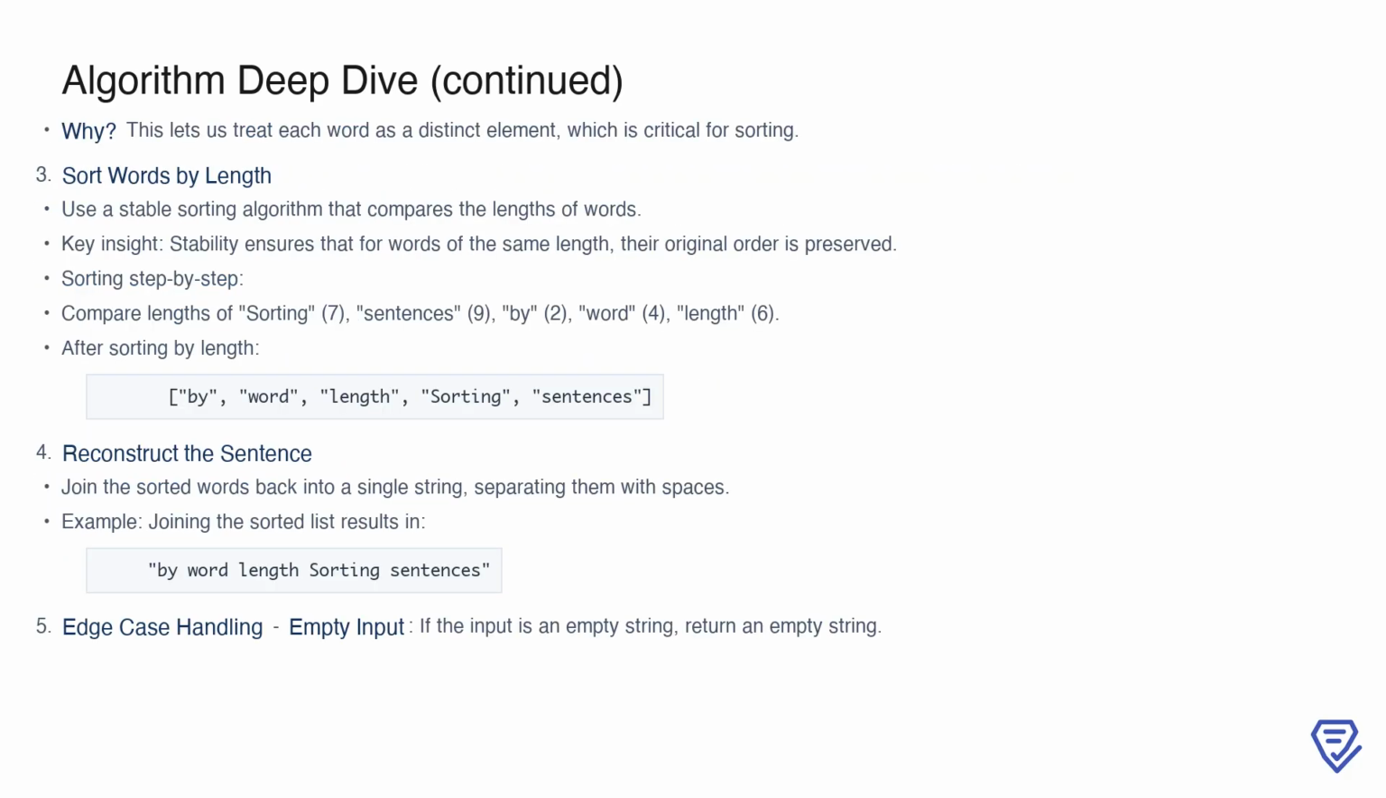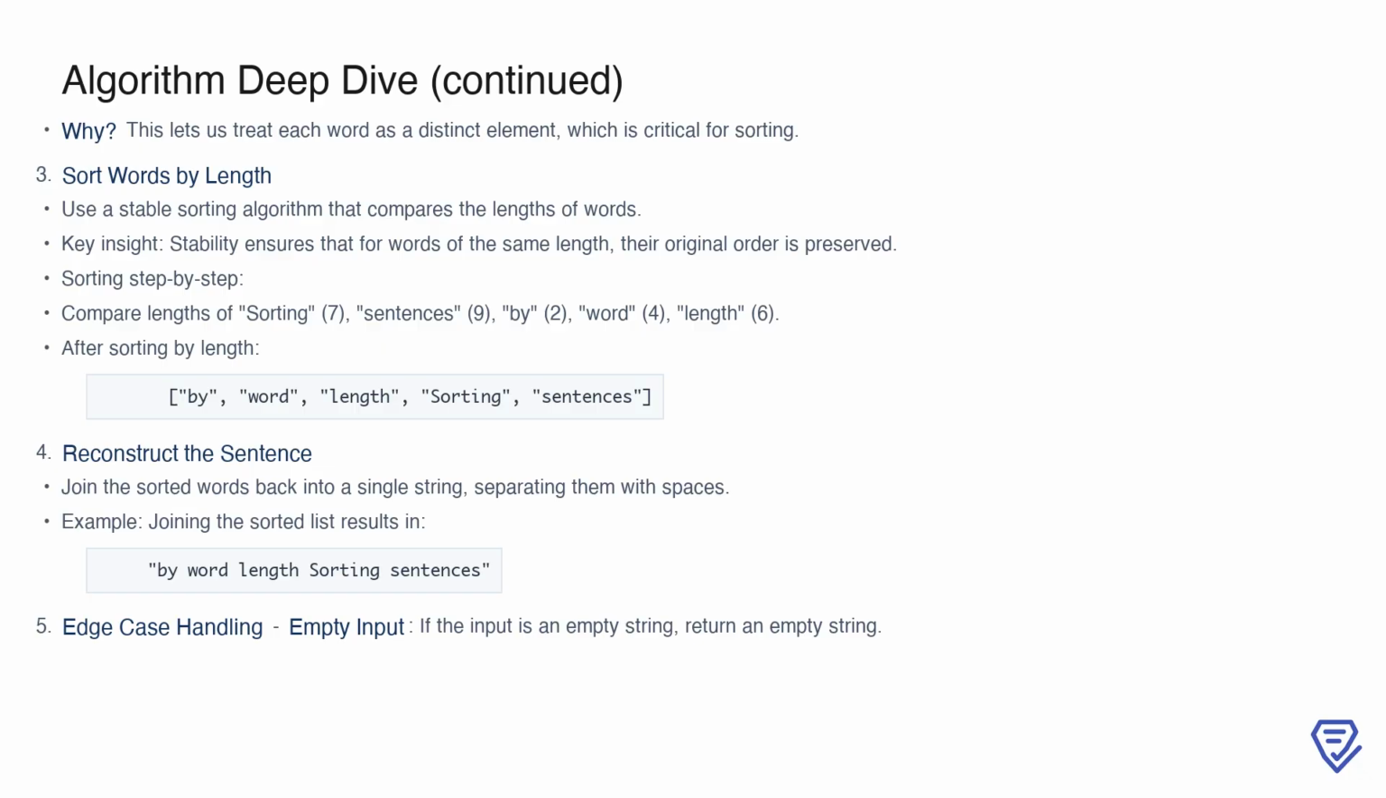Now that we have a list of words, the next step is to sort them based on their lengths. A stable sorting algorithm is used here to ensure that words of the same length retain their original order. For example, consider the words "sorting", "sentences", "by", "word", and "length". Their lengths are 7, 9, 2, 4, and 6, respectively. When we sort them by length, the result is "by word length sorting sentences". Stability in sorting ensures that if two words have the same length, like sorting and sentences, their relative order remains